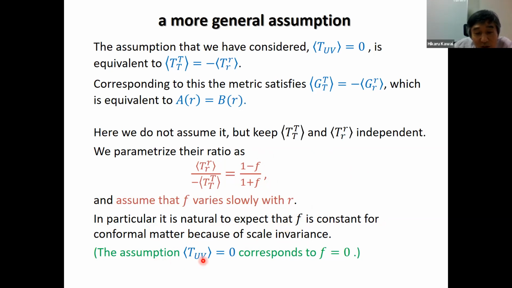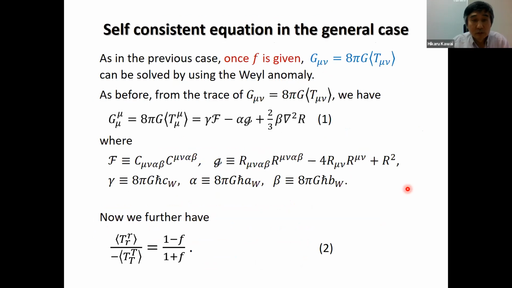And the assumption that T_UB equals 0 corresponds to F equal to 0. So if F equals 0, this is 1. So in this general case, we can again examine the self-consistent Einstein equation. Oh, sorry, it's already 6:16, so I think I should be brief. Anyway, in this case, we can also solve this one, and in the former case, we set